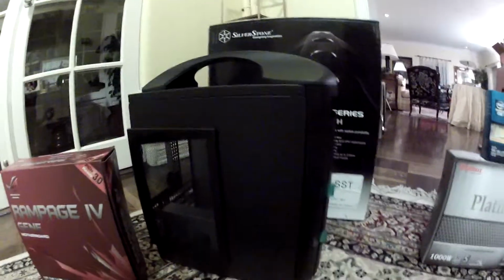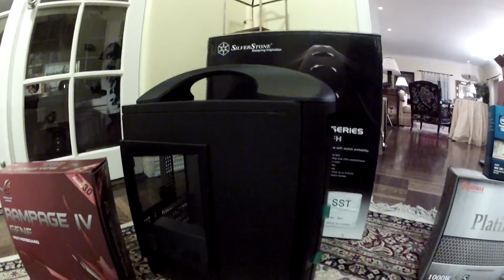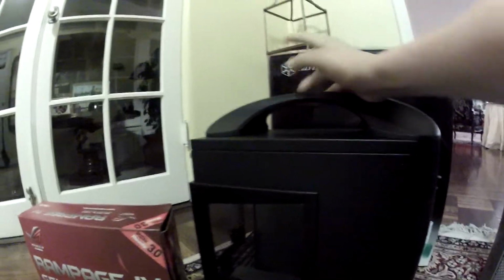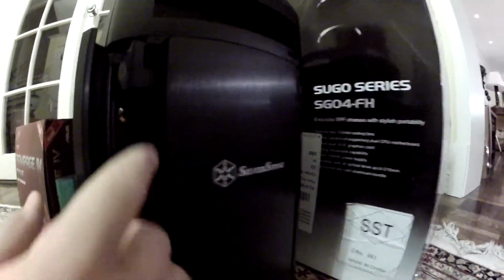For my micro ATX case, I got the Silverstone Sugo Series SG04FH. This is a very, very nice case. It's steel and aluminum, and it has a big handle on top, which is very sturdy, and you can actually remove this handle. In front, there is one optical drive, and if you fold this open, you get your reset button,